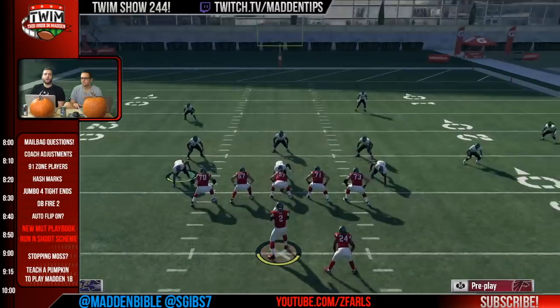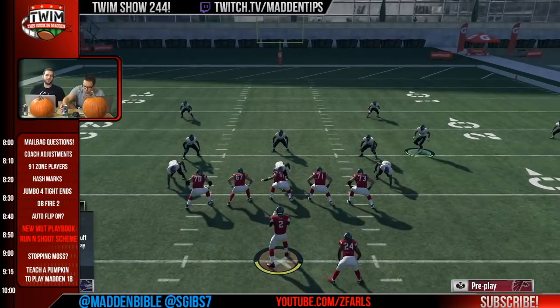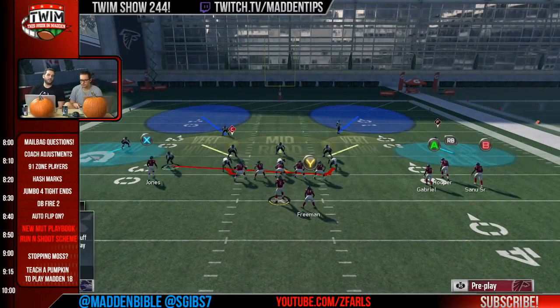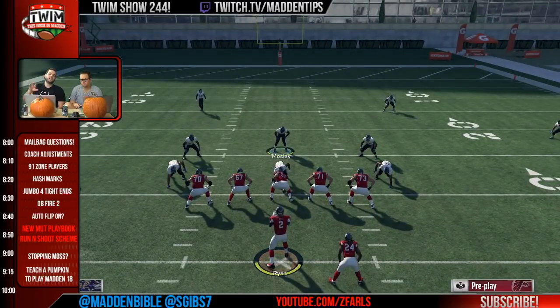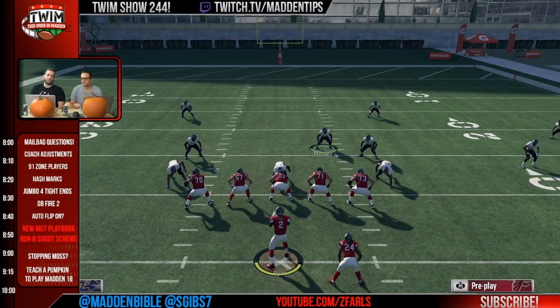So that's why you have Webb over on the right side here. Now, the reason auto flip exists is because for years your opponent would come out in a bunch like this and your formation wouldn't flip like this. And then in theory, your defense was at a disadvantage because you've got a bunch on the right, you don't have enough defenders on that side. So auto flip will make sure that you always have the appropriate amount of defenders balanced appropriately